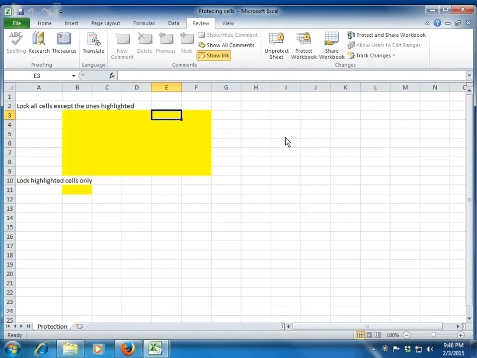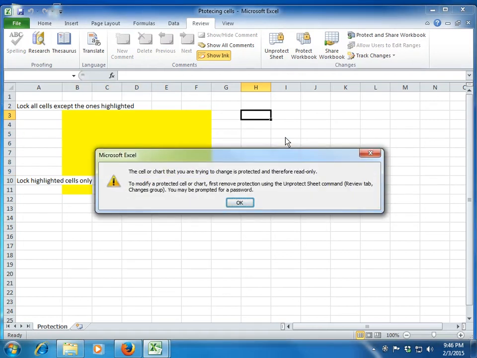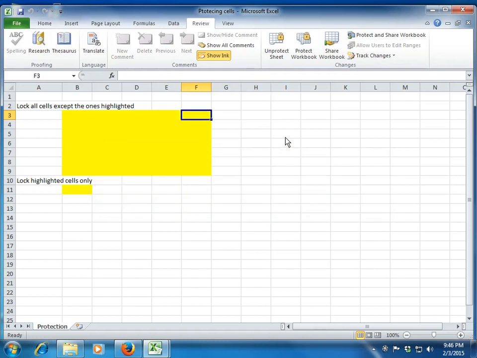Right now let's see whether it works or not. So first, let me try and write a value in the unhighlighted cell, and you see it shows up an error. Okay, let me try and write a value here. It allows you to. Right? So any cell within the highlighted portion, it will allow me to, because even though the sheet is protected, these particular cells are not locked. Okay, and the protection will only be applicable on the locked cells. Clear?